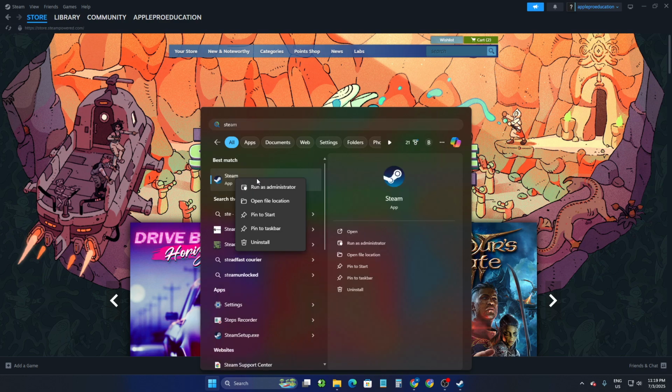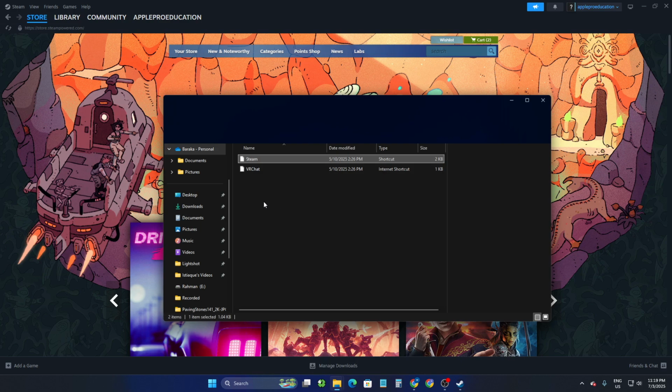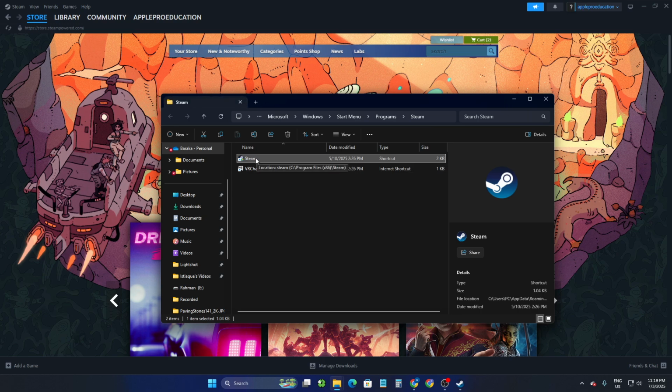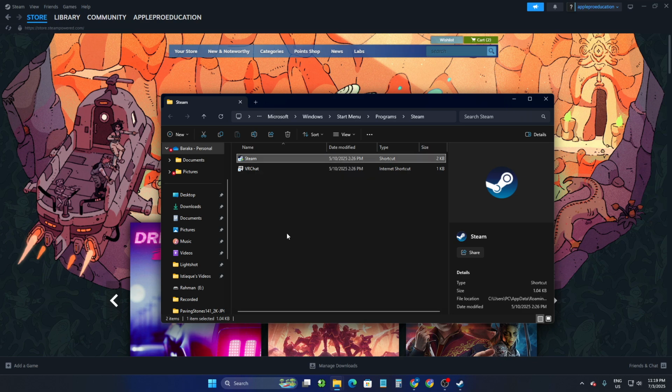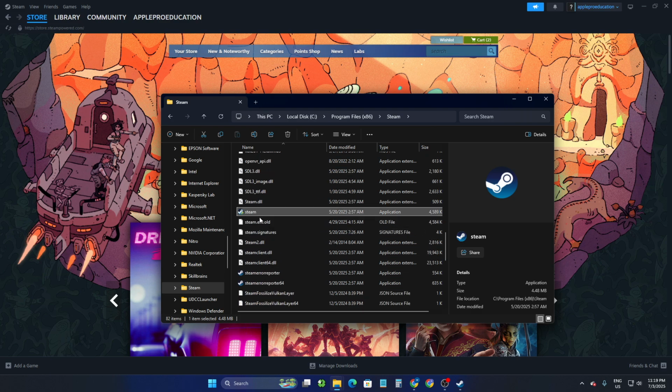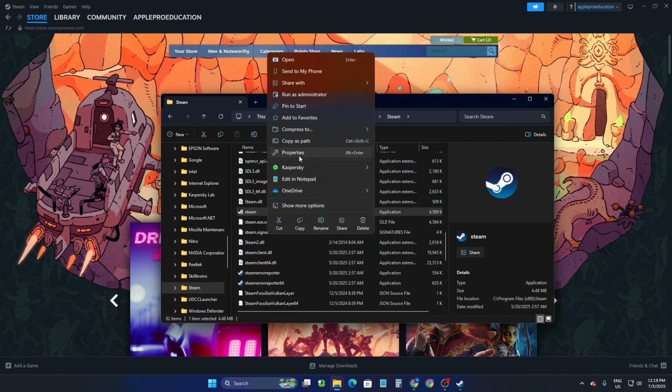Here it is. Now right click on this Steam app when you get this. Now you have to simply click on open file location. When you find this Steam option, you again right click on it and you can find this open file location. So when you find this Steam here, now again right click on it and now what you have to do is